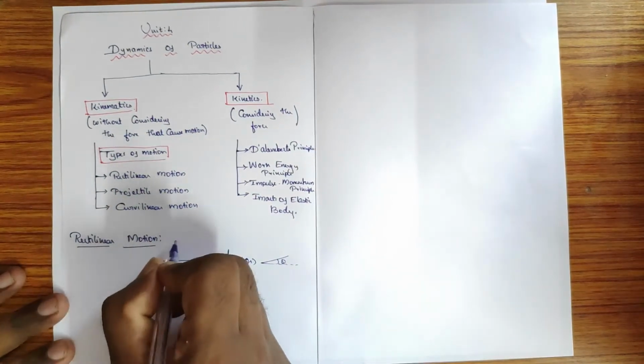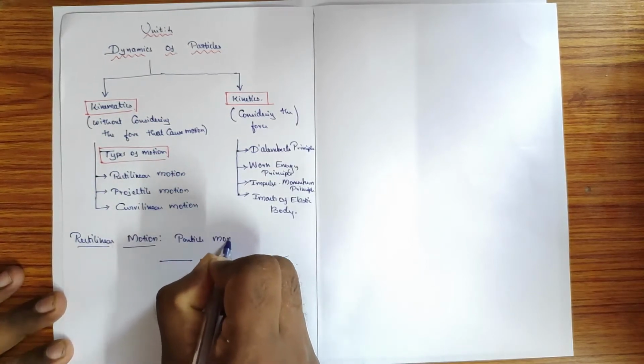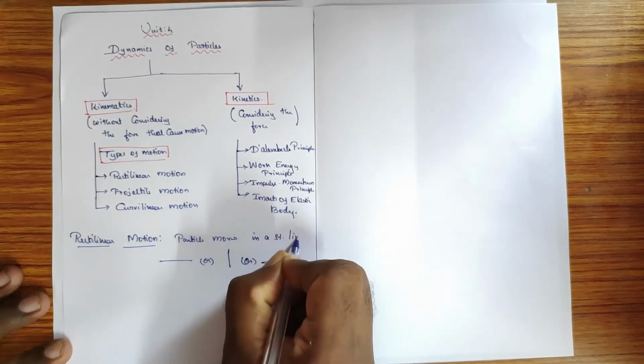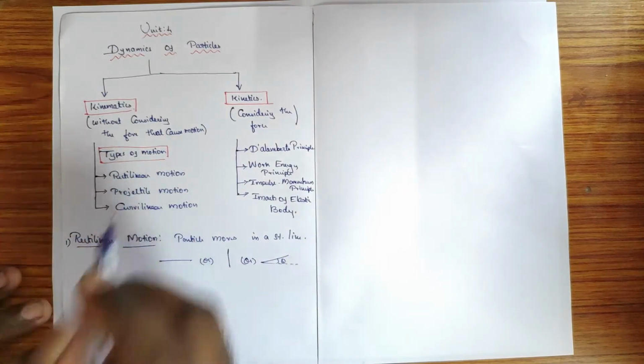A particle moves in a straight line. For rectilinear motion, I shall give examples: a car moving on a straight road, a body projected vertically upward, or a body falling vertically downward. These are examples of rectilinear motion. That's the first one. The second one,